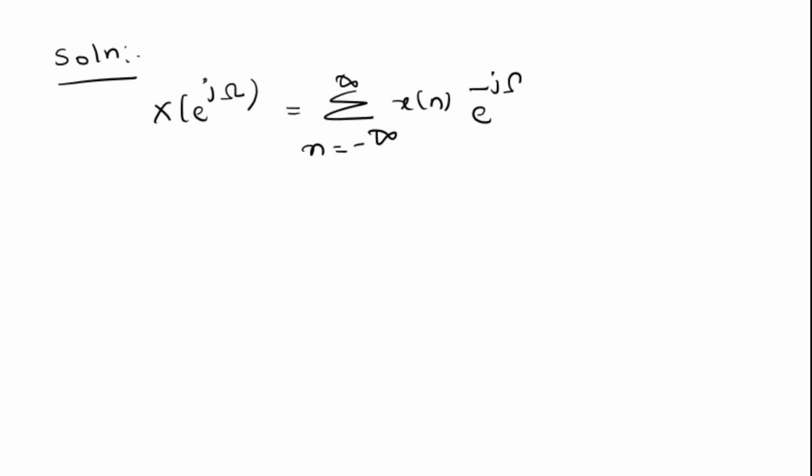We know that X of e power j omega is equal to summation n is equal to minus infinity to infinity x of n into e power minus j omega n,